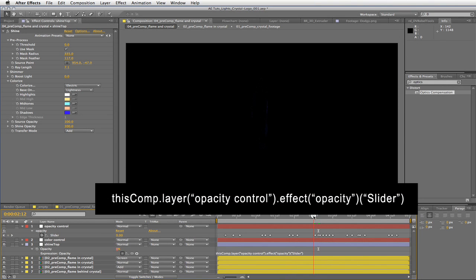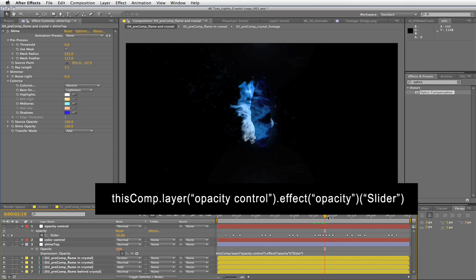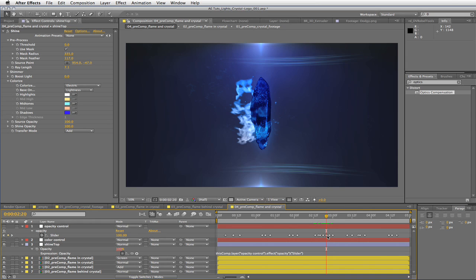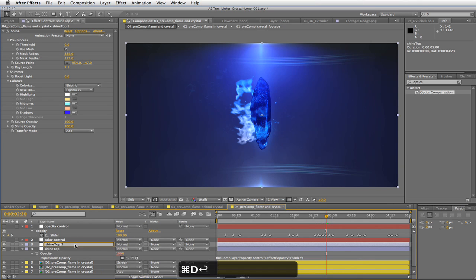Ta-da! Now we have it flashing. And of course you'll only see it when it's particularly bright, or our opacity of the other layers is at 100%, which is good. Let's duplicate this, rename it bottom,